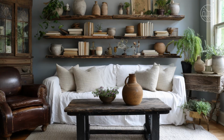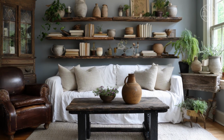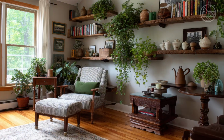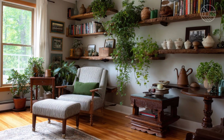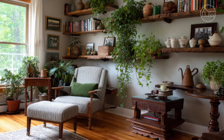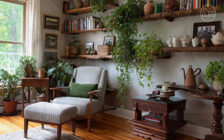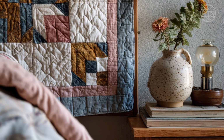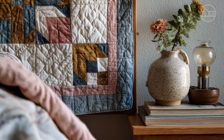And we cannot forget textiles. Sustainability isn't just about wood and metal. Vintage textiles are a huge trend for 2025. A tattered but beautiful antique quilt. Don't discard it. Frame the most intact sections as wall art, or have it professionally stabilized and use it as